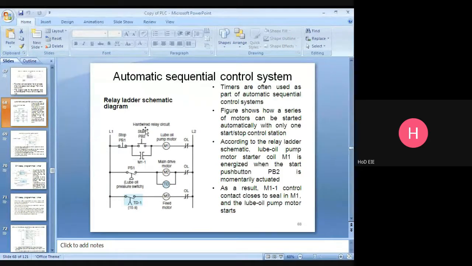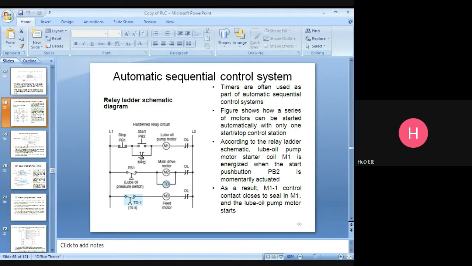Now I am pressing this one. What will happen? The rung is having continuity. Once you press this one, the rung is having continuity. So the lubricating oil pump motor will be energized. This lube oil pump motor starter coil will be energized.